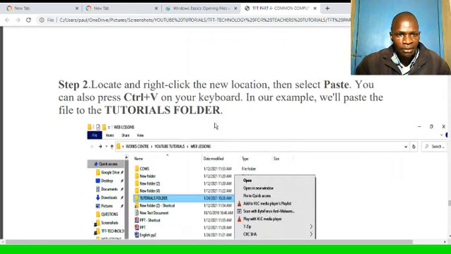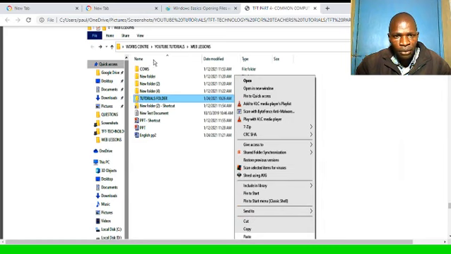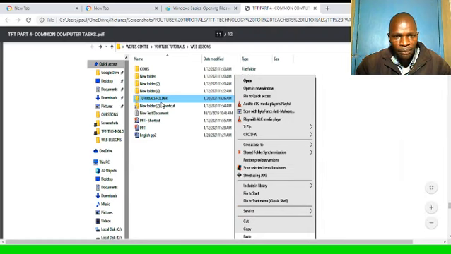After clicking, step 2: locate and right click the new location where you want the file to go, then select paste. You can also press Ctrl+V. Another shortcut for pasting is Ctrl+V on your keyboard. In our example, we'll paste the file to the tutorials folder. Within the same folder, I copied this file English PP2, and I want to paste it into the tutorials folder here.